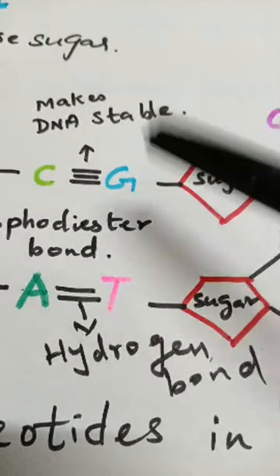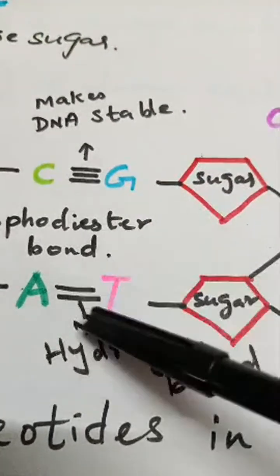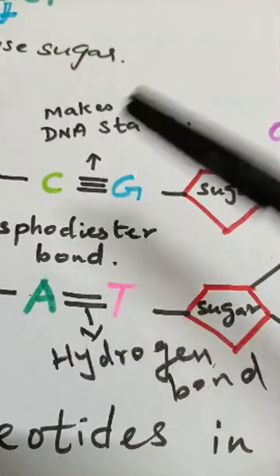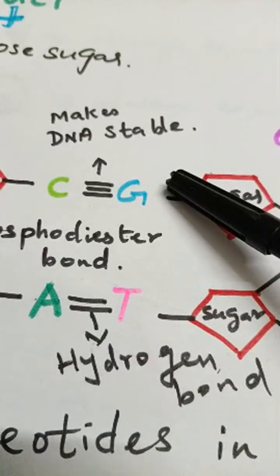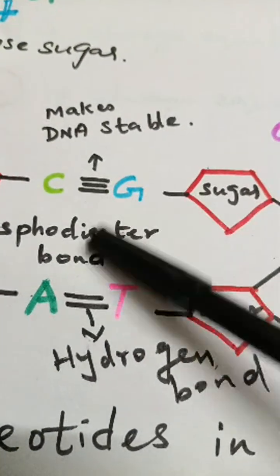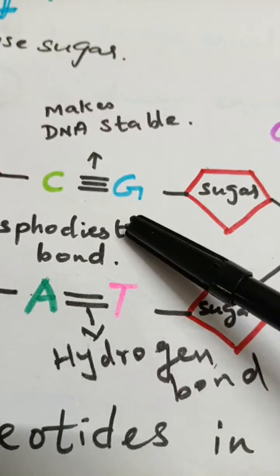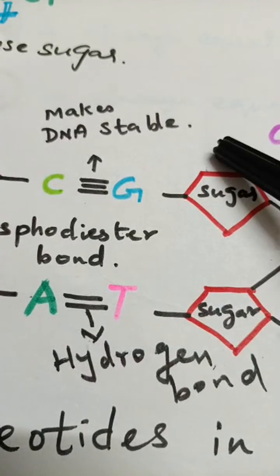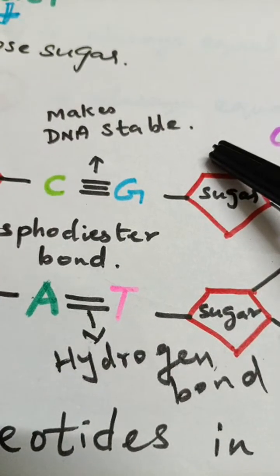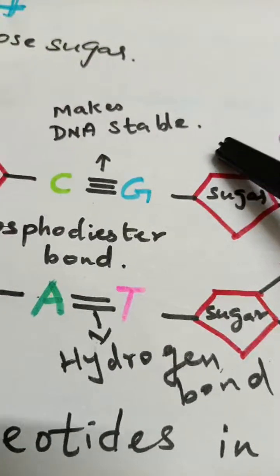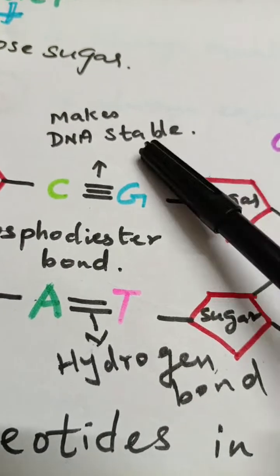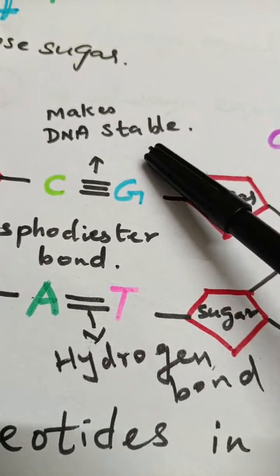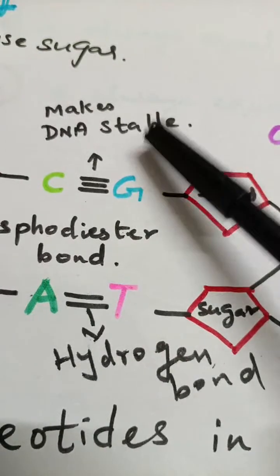And then Watson and Crick, what they are coming to say with these hydrogen bonds, is that these hydrogen bonds make the DNA molecule more stable. Without these hydrogen bonds between the nitrogenous bases in the center of the DNA, this DNA molecule will not be stable. What do you mean by stable? So today's homework, I'm going to give you the word stable. What is the meaning of stable? So find out and come to the next class,